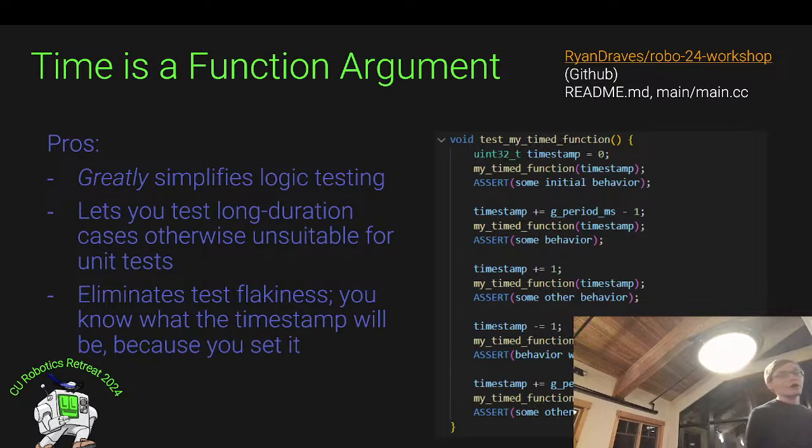However, with our rewritten function that takes in timestamp as a function argument, we can see it's much simpler to test this. I can mock out what the timestamp is. We'll just set it to 0. 1970 is a good time anyways. And we can increment it however we please, call it again, make sure it did the thing.